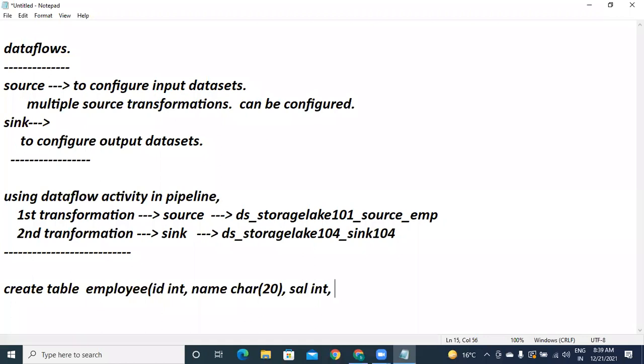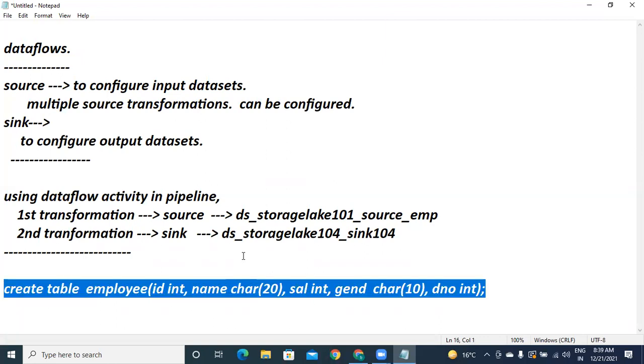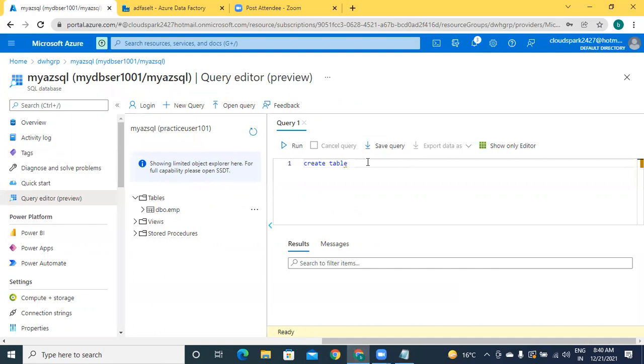Salary integer. What is the fourth field? Gender. Next, department number. So this table I'm going to create. I'm running this.